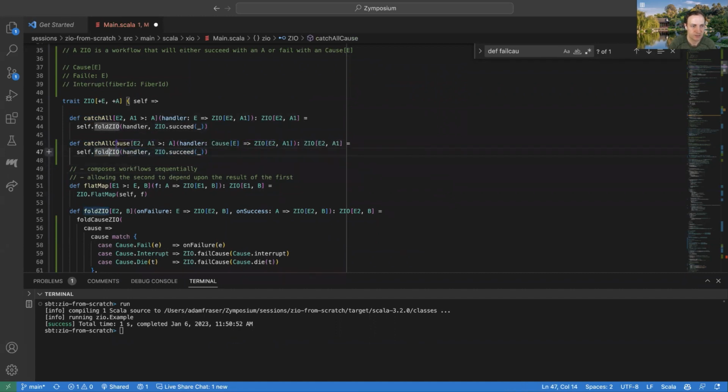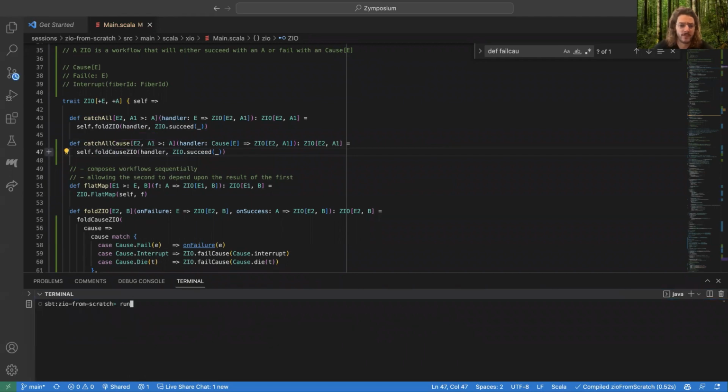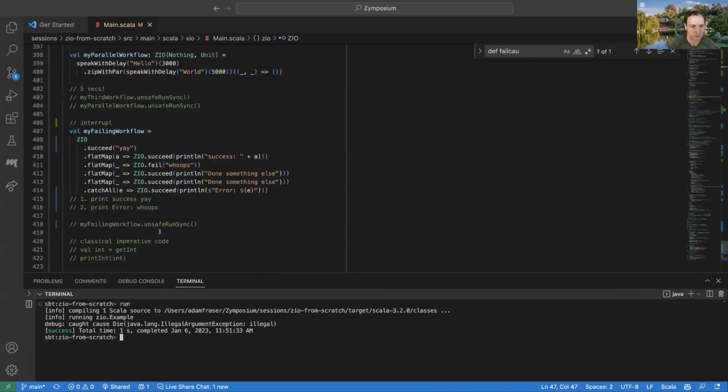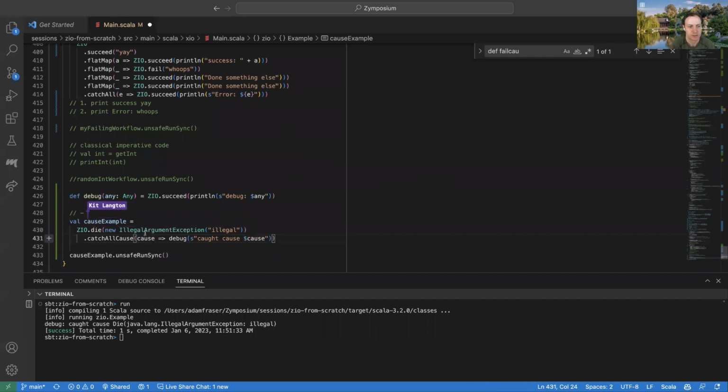And so this can now just be called cause ZIO. Okay, so now let's try running this. Nice. And so now you can see we get this error message. We caught this cause.die with this illegal argument exception. Great.